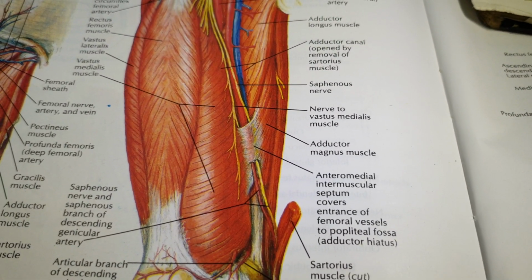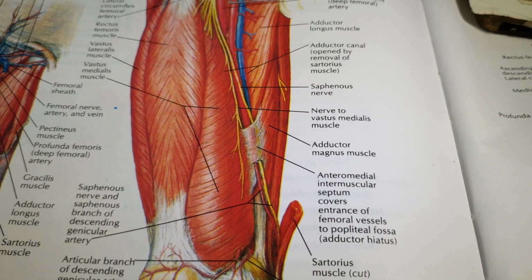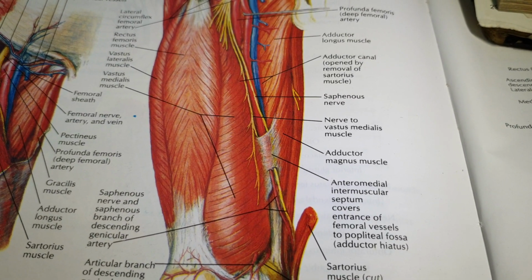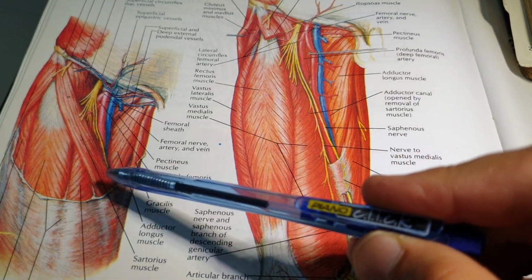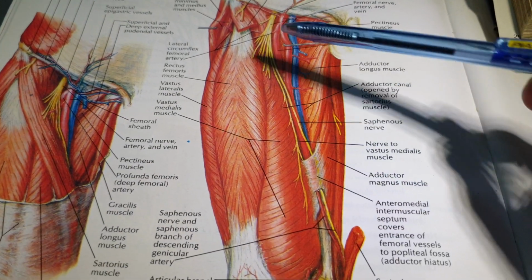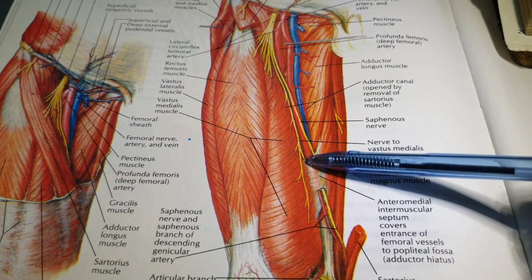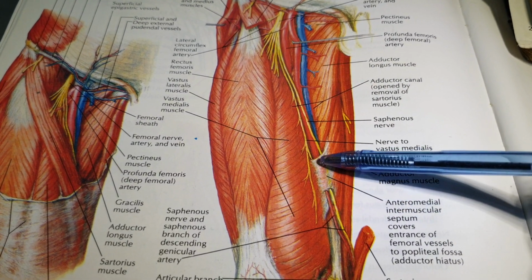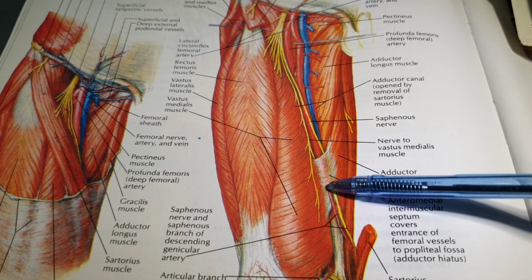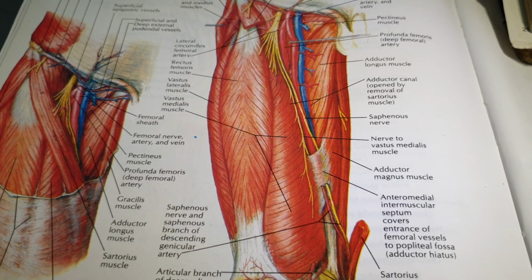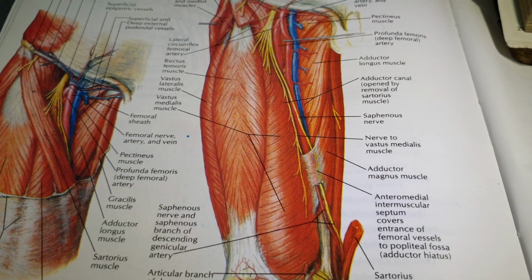if we start from the superficial structures, first will come the skin, then the superficial fascia, then the deep fascia, which is also called the fascia lata. Then will come the sartorius muscle. After removing the sartorius from here, you can see the anterior relations of the femoral artery will include the fibrous sheath, which is making the roof of the adductor canal. So these were the anterior relations of the femoral artery in the adductor canal.